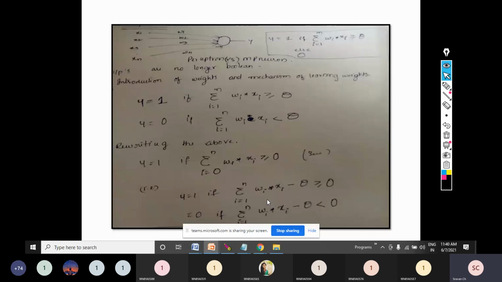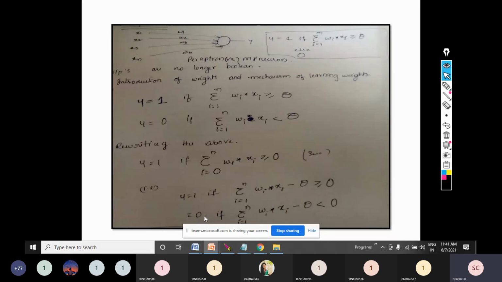So 3.9, now what is the threshold? 4. So what I will do, I will subtract the threshold from whatever value I got, whatever sigma I got. This sigma is nothing but whatever calculations I have done. Let us say I got this sum of product as 3.9 and theta is 4. 3.9 minus 4 means I will get a negative value. It means it is less than 4, so I will not buy the product. So if this difference is less than 0, y is equal to 0, means my output is 0. Output is 0 means perceptron will not fire, means the decision is I will not buy the product.